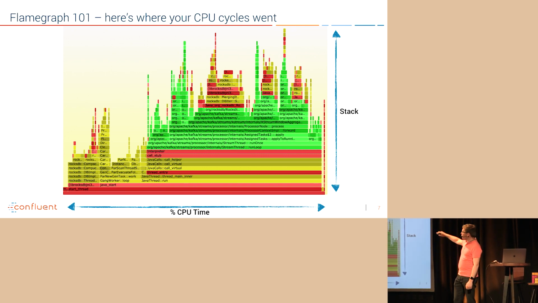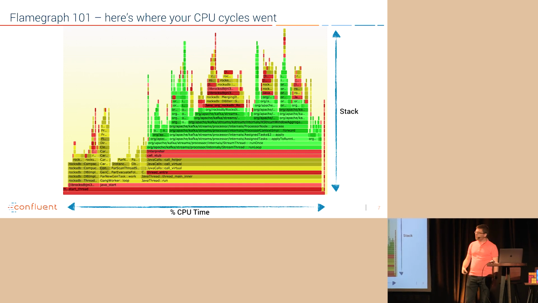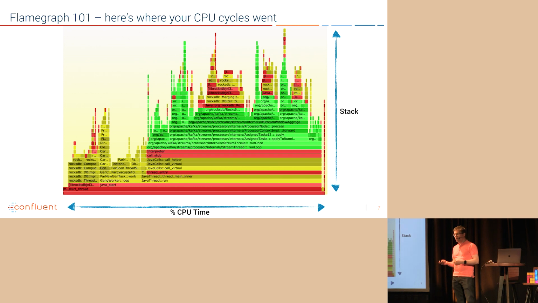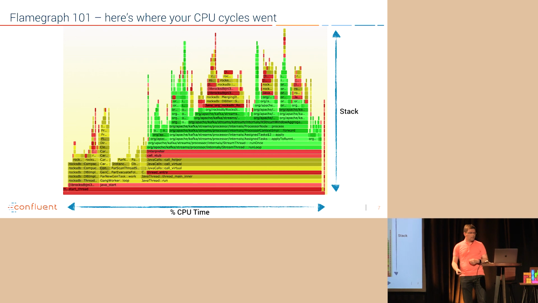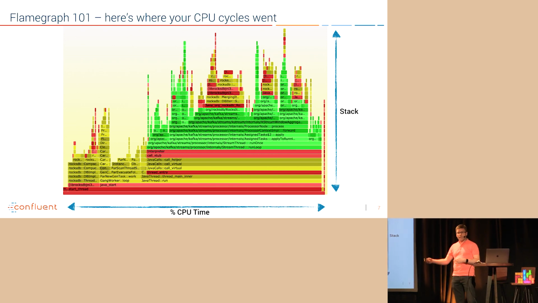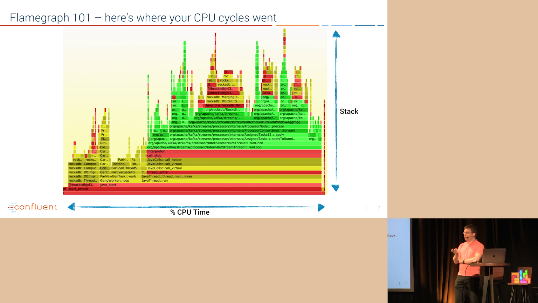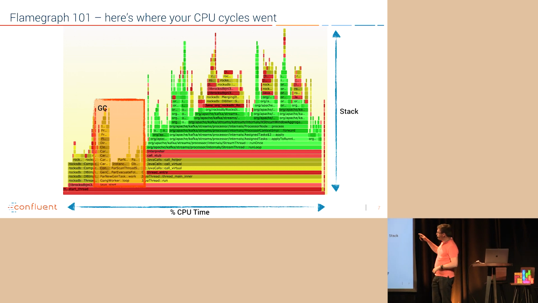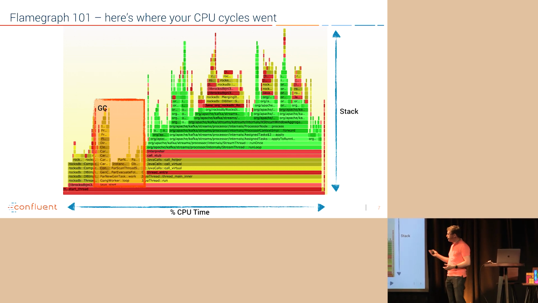As you go deeper into the stack, you can see which parts of your application are actually being called. This particular flame graph is from one of the Kafka Streams applications we run at Confluent. It does a fair amount of on-the-fly aggregations. I'll walk you through what we can see in this particular chart. First thing is this box on the left tells you that we're roughly spending maybe 15 to 20% of the time